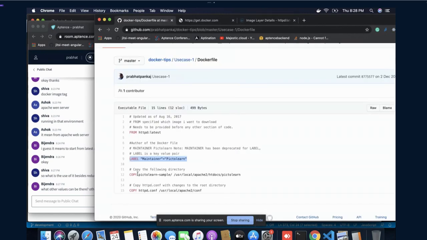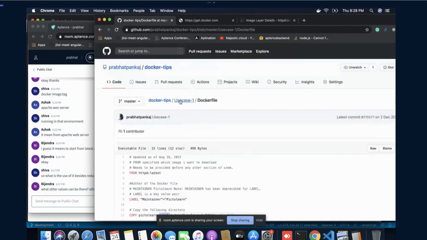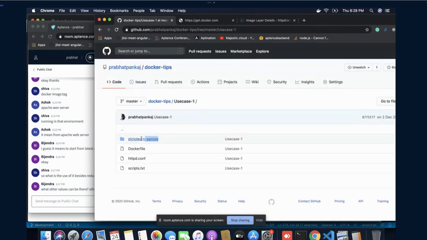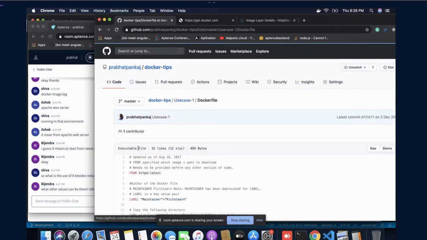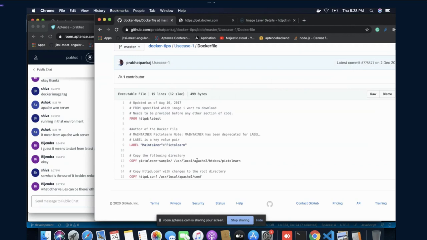After that, what we are doing here is copying this file from this location. Where is this location? This location is here. We are copying this code to the usr/local/apache2/htdocs directory. This is where we are putting the code.